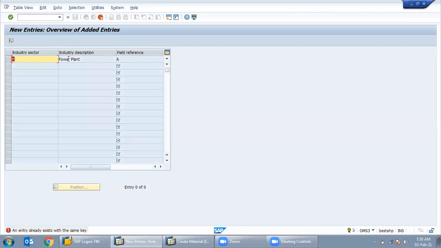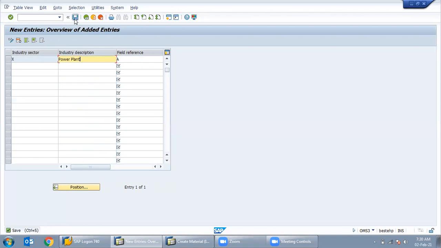P already exists, which means somebody has already taken P. We use S. S is already taken. X is available for power plant.